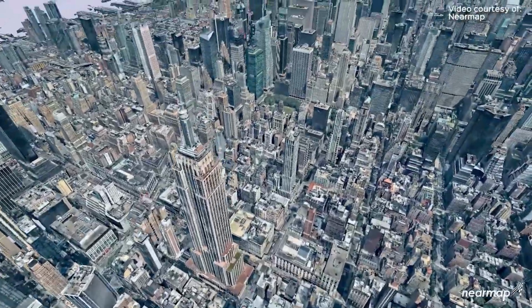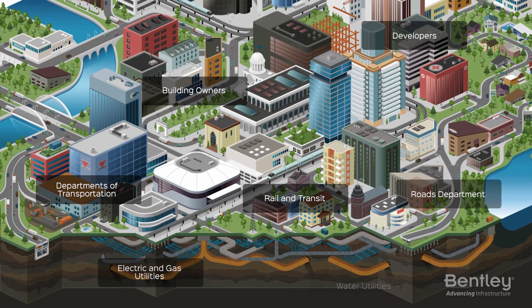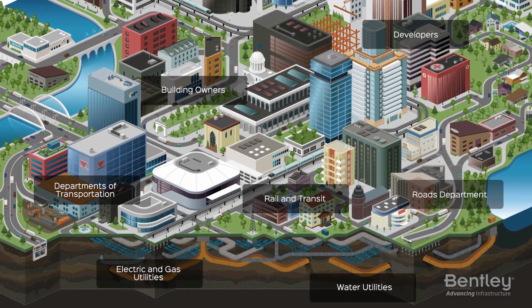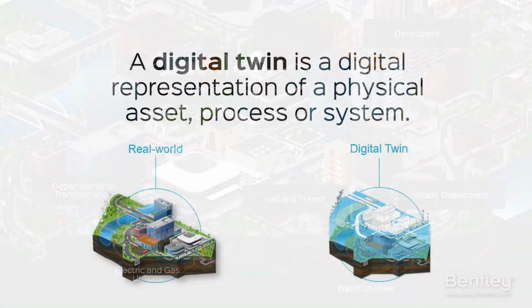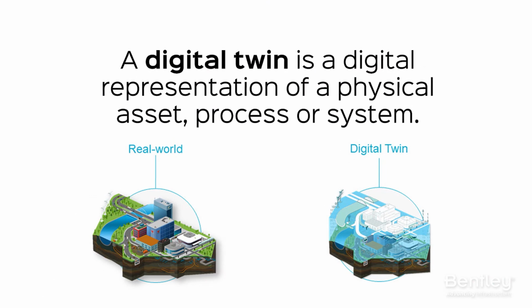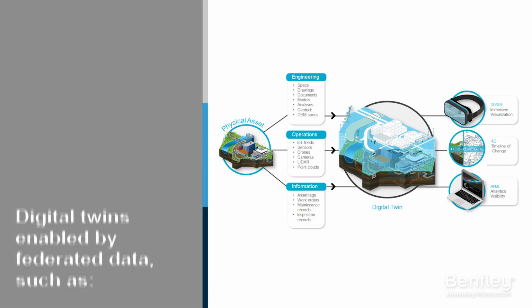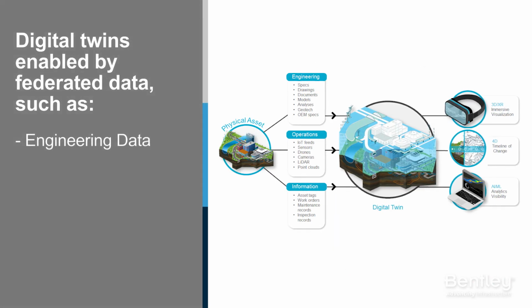What is a digital twin? The idea of a digital twin is to have a virtual representation of an infrastructure asset, a process such as the construction process, or systems like water systems, energy systems, transportation systems. So you have a virtual replica of this physical asset that combines the engineering technology, the engineering information you know